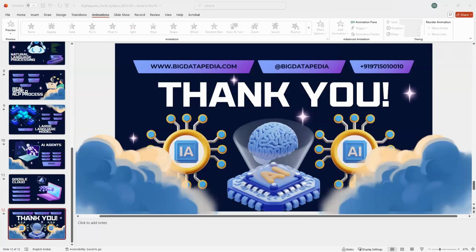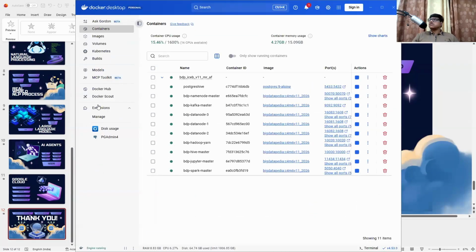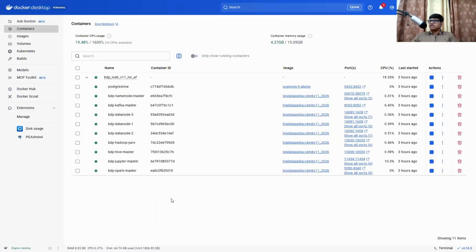Can you maximize your screen? I can show you the details. We're going to start the cluster. I'm going to share all the inputs. Here we have created the cluster, the same cluster you're going to get. Multiple models we are using, and they are going to communicate. This is a normal data engineering domain we are using right now: a 3-node cluster, 3 data nodes, one master, one name node, and Hive and Spark multiple containers we will be maintaining. Now what we are going to do is, as we discussed, our project demo.